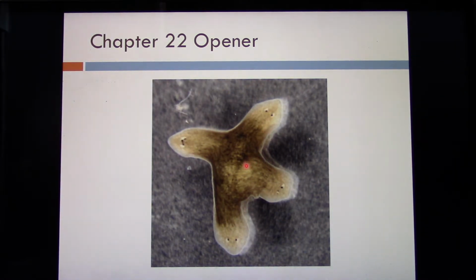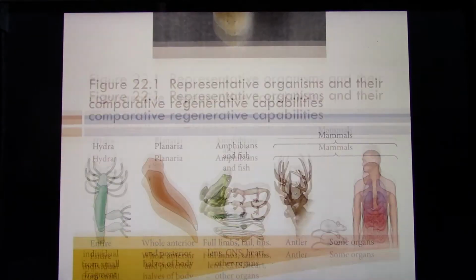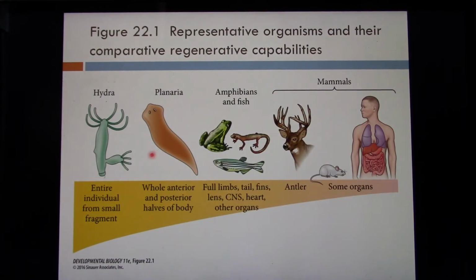This was a planarian that was surgically acted on, and you can see that it has 4 separate heads now because of the way that one of them was split and the regeneration occurred. There are a number of different organisms that have different